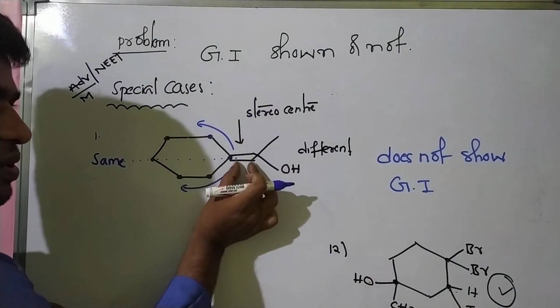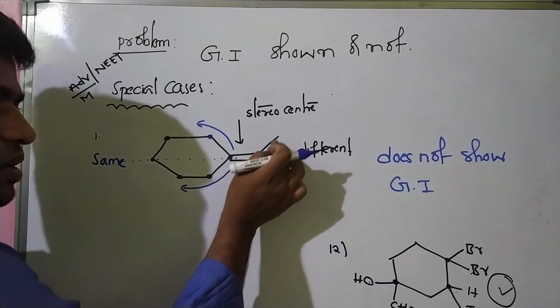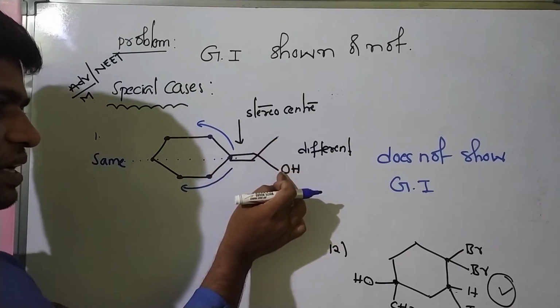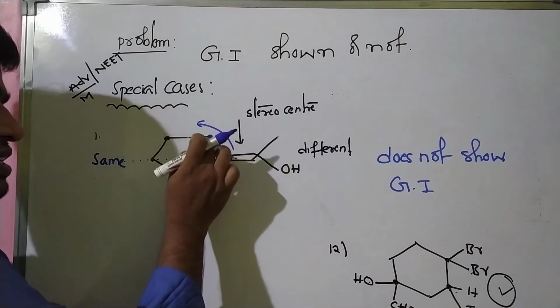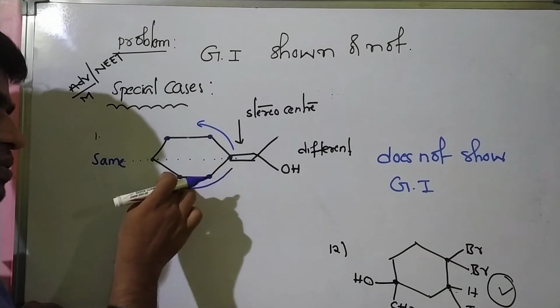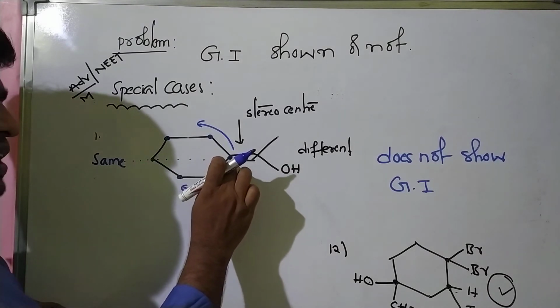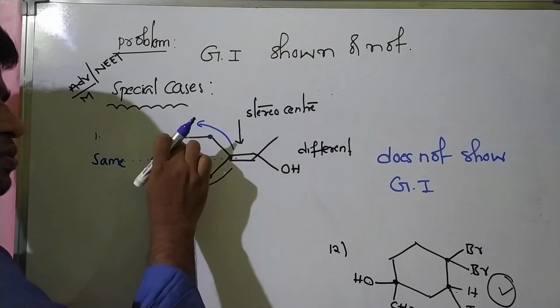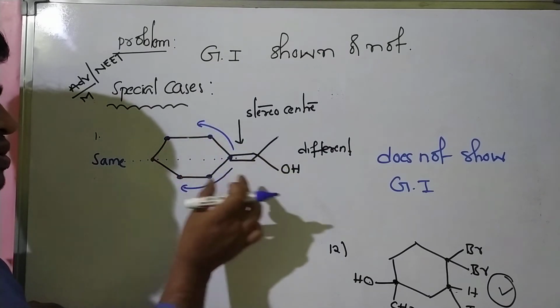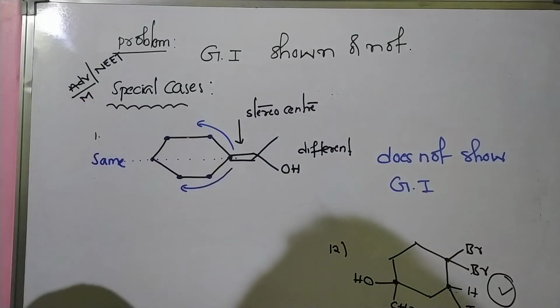Understand, students? Once again I will explain. So this is the stereogenic center. Stereo center means carbon-carbon double bond. So these two groups are different, but in this direction same grouping CH2, CH2, CH2. In this direction CH2, CH2, CH2, means with respect to this carbon atom, these two linkages are same. So this compound does not give geometrical isomerism. Please note.